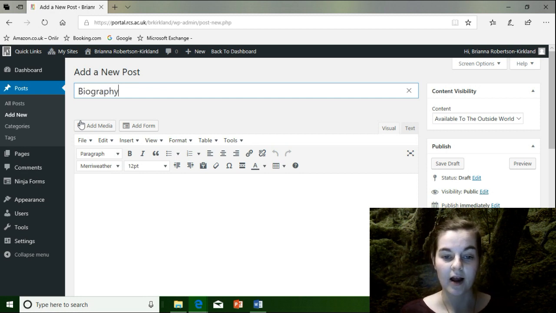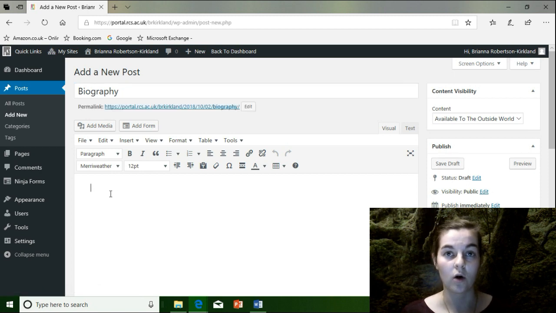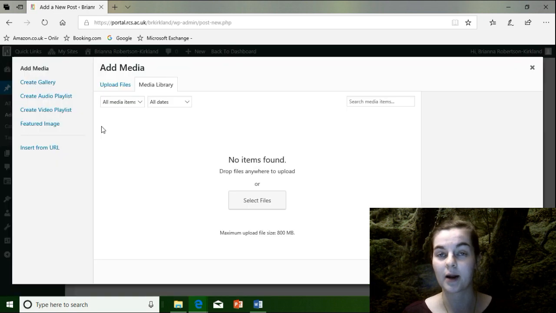Now, how we're going to do that is we might have some words that we actually want to put on here describing who we are, but we're also going to want to add a photo as well. So I'm going to do that first. I'm going to align the photo in the center and click Add Media. Now there's nothing in my media files here at all. I need to upload that. So I'm going to go to Upload Files. I'm going to select